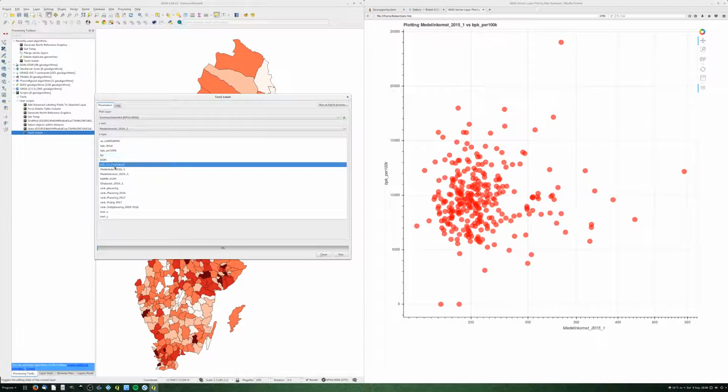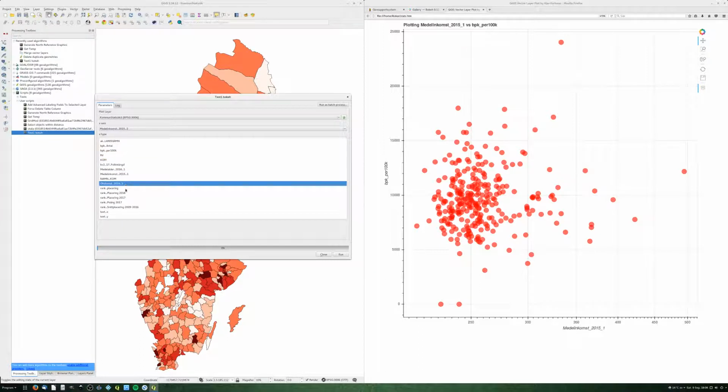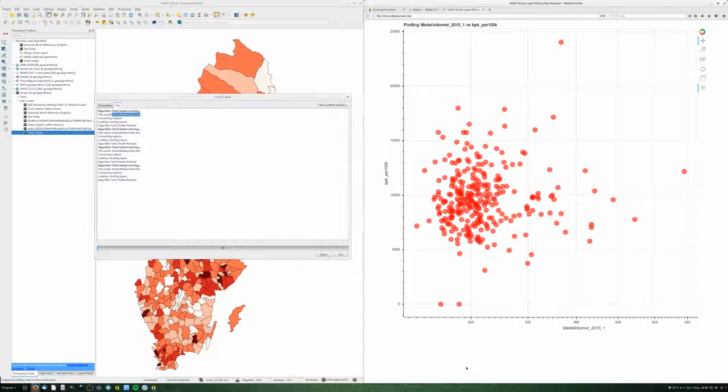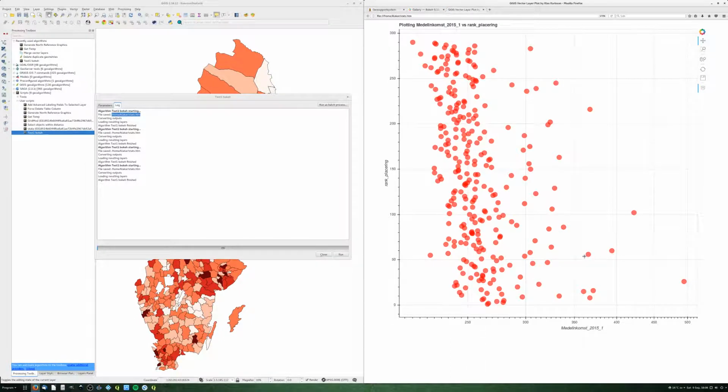So income, let's look at ranking. That's happiness ranking or something like that. Let's try it. So the municipality with the highest income is not very highly ranked. I'm not sure. I'm not sure about the scale for this, but